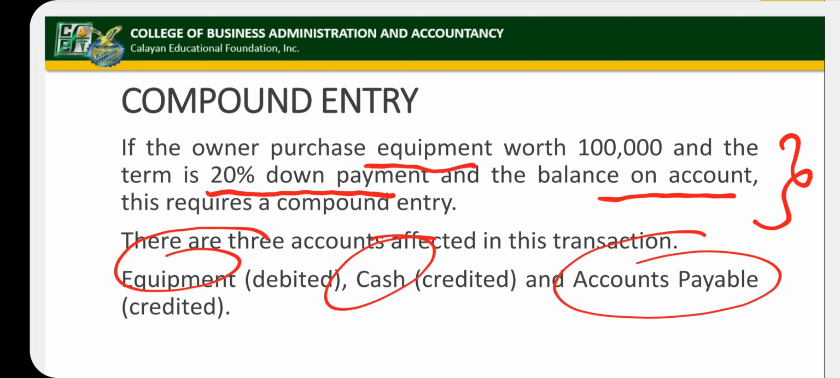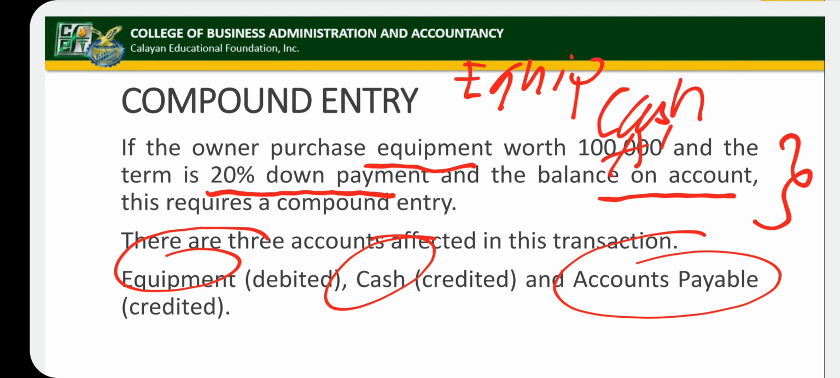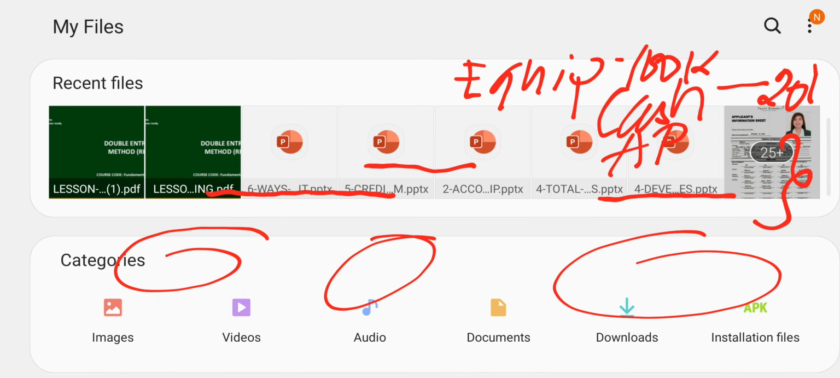Okay, so upon making a journal entry for this transaction, we're going to debit equipment, we're going to credit cash, and we're going to credit accounts payable. We record equipment using the historical cost or the acquisition cost, which in this case is the 100,000. We credit cash for 20%, which is 20K, and the remaining balance,